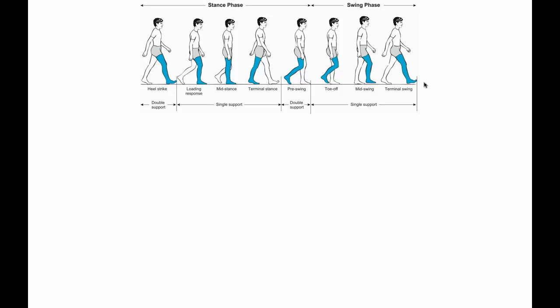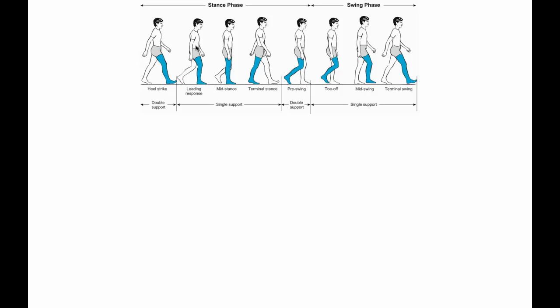We move to loading response. Again, the hip is in flexion, the knee is again moving towards extension. It hasn't all the way gotten there yet. And the ankle is at a point of dorsiflexion. If you look at this picture, the ankle looks pretty flat, but in relation to where this individual's body is, their trunk is posterior to their ankle, which is going to lend itself to a dorsiflexion moment. So again, going back down the chain, your hip is in flexion, so iliopsoas is active. The knee is moving towards extension, so your quadriceps are active, and the ankle is in dorsiflexion. Although it has slowed down, it is still in dorsiflexion, and thus your anterior tibialis is